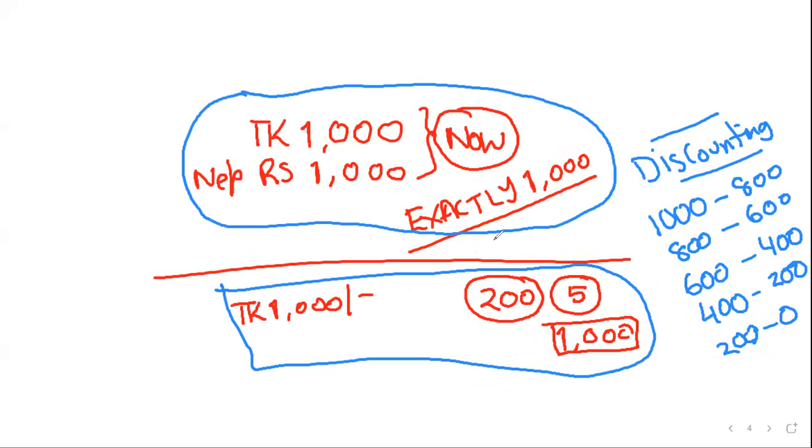So right now, 1000 taka in my pocket is not worth 1000 taka. Because I'm going to discount it over a period of 5 periods, the present value is less than 1000. But if I'm not going to discount it, that means I'm going to spend the whole money right now. Then the value of the money is 1000 taka to me. Is it clear now? Yes, sir. Okay, lovely. Then let's get back to